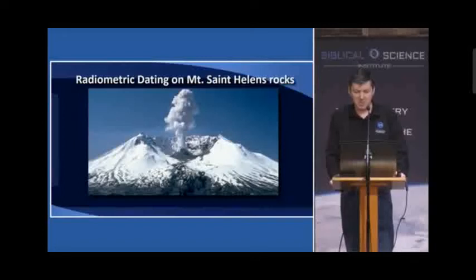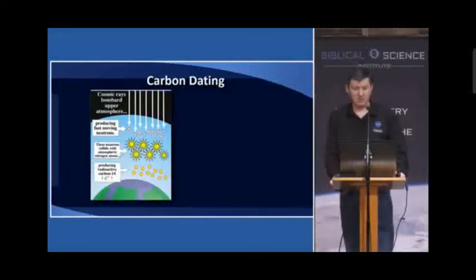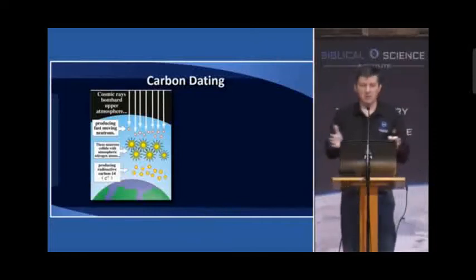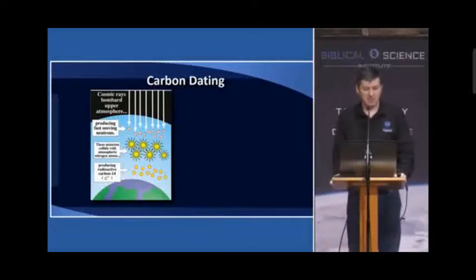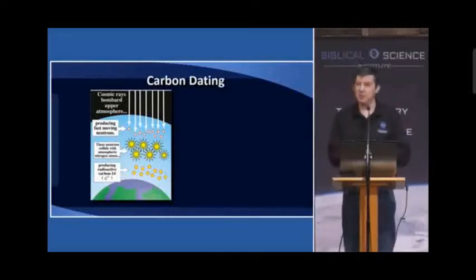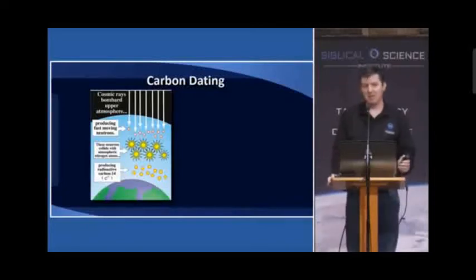What about carbon dating? Similar process, but with carbon dating, the time scale is much shorter. Most carbon is C12 because it's got 6 protons and 6 neutrons in the nucleus. There's a variety of carbon called C14. It's produced in the upper atmosphere as cosmic rays bombard nitrogen atoms and convert them into C14, and then C14 will gradually decay back into nitrogen. It has a half-life of 5,700 years.